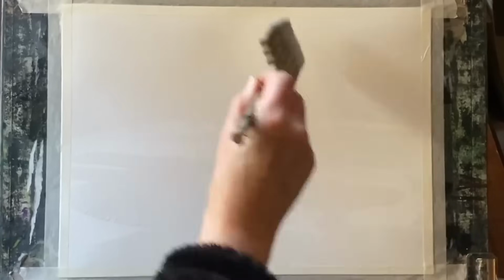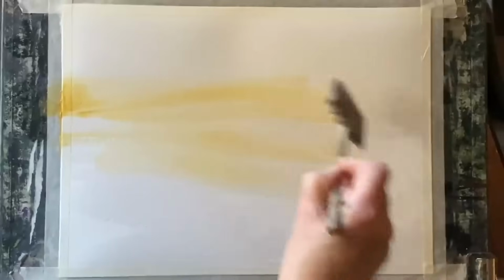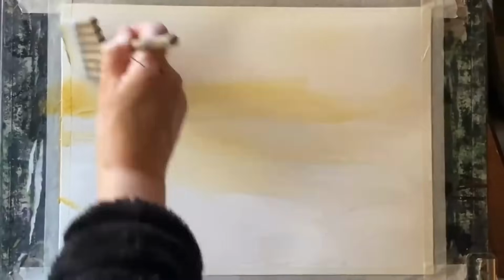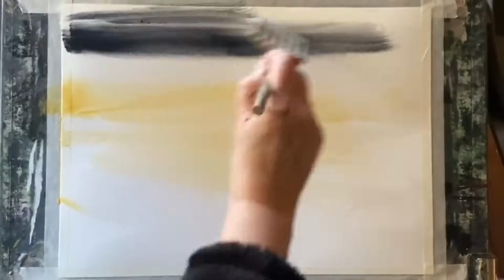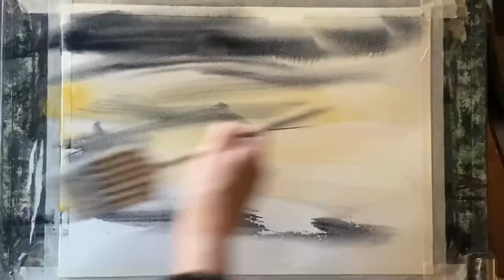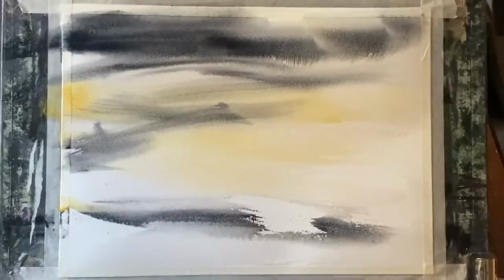I'm using Milford cold pressed watercolour paper. It's taped to my board, and my board's at an angle of about 45 degrees, so gravity will help with the painting. I've just wet my page roughly all over, mostly the sky, a bit across the land, and then I'm going to introduce the first of my two colours, Cotman raw sienna, just streaked across the middle of the page, and then onto the good stuff, Cotman Paynes grey, using a large flat bamboo Hake style wash brush to